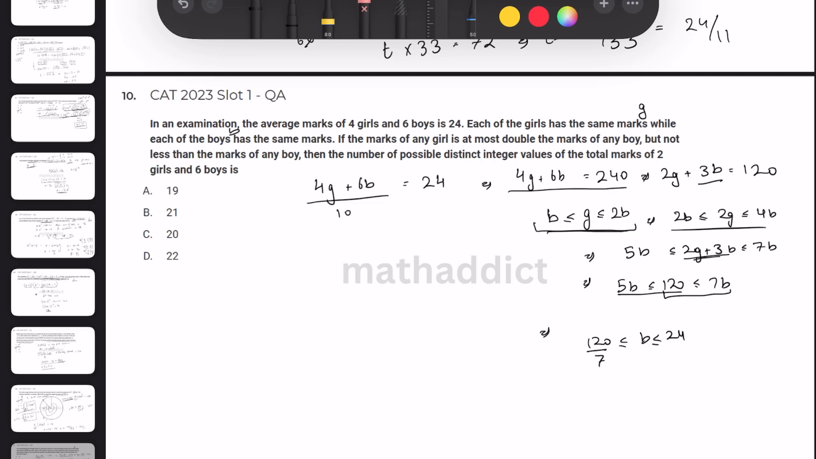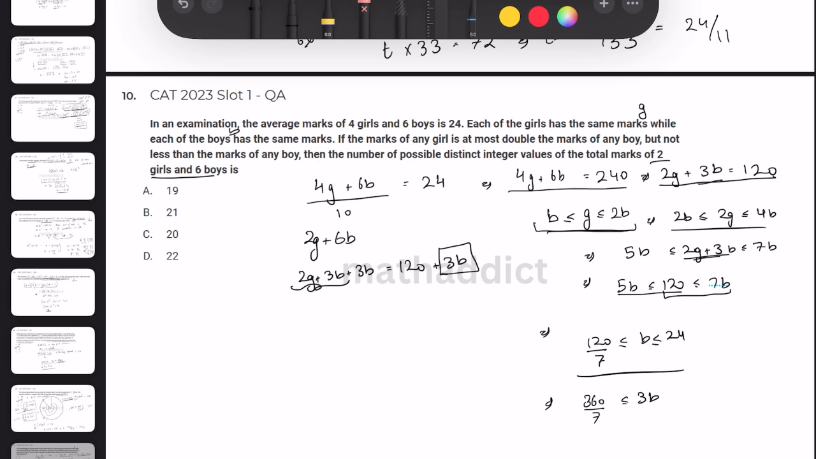So we are required to find the total marks of 2 girls and 6 boys, which is 2G. We know that 2G plus 3B is 120, so this becomes 2G is equal to 120 plus 3B. So to find the distinct integer values, we just need to find the distinct positive integer values of 3B. So we have this, so we can say that 360 upon 7